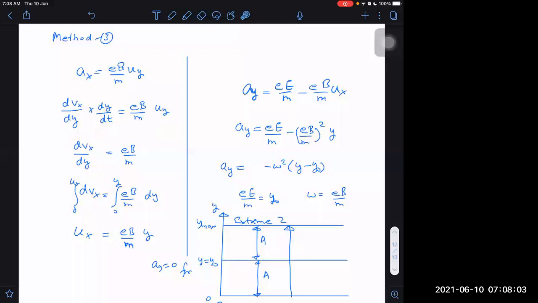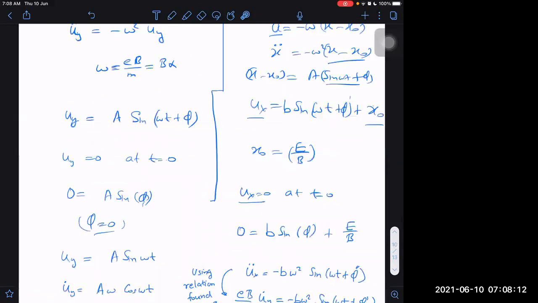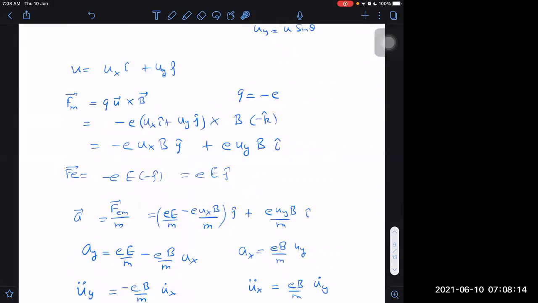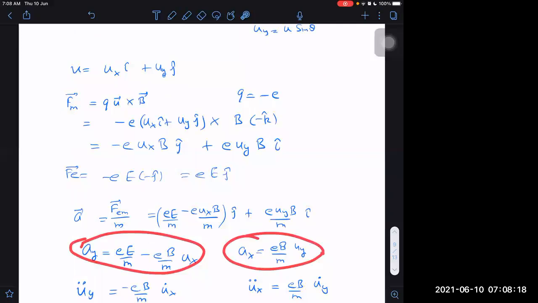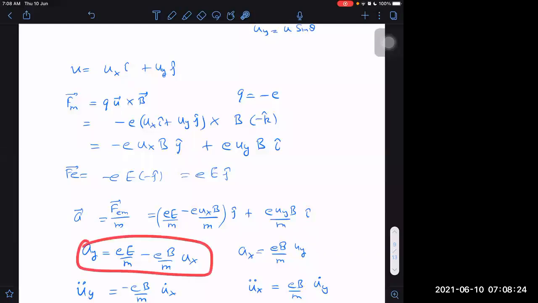Yes, sir. Okay. So why am I writing AX as this? That work we have already done. That is common for all the questions that we have to do first. This AX is this and AY is that. You think that this is a common part for every method. After that, we will do something else depending upon how to solve these equations.